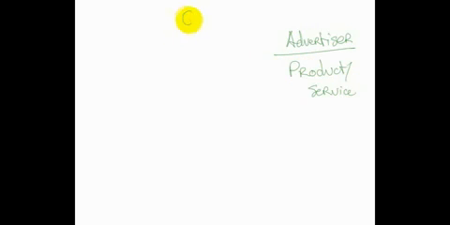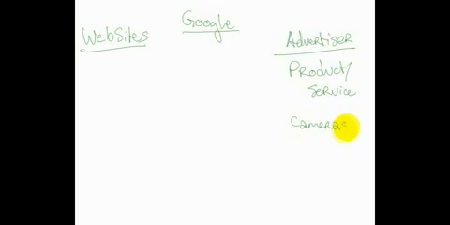So on one side you have someone called an advertiser, and this is someone who has a product or a service that they want to sell. In the middle you have Google, and lots of people visit Google every day, but not everyone visits Google. Some people visit websites about whatever. Now let's say this advertiser has a product dealing with digital cameras. Let's just say cameras over here, and they're trying to sell cameras.